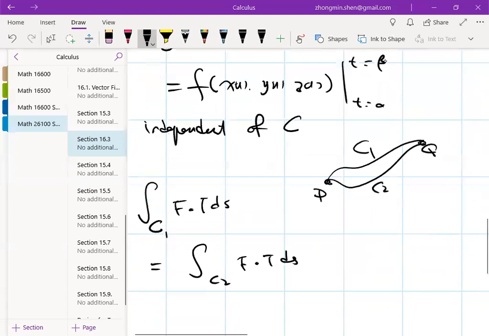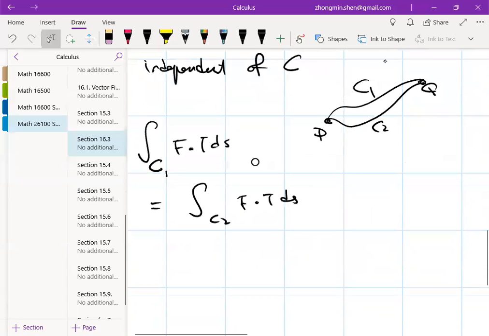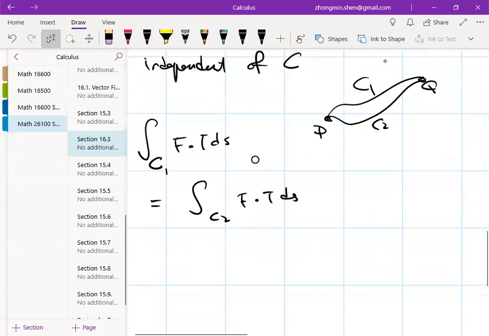Okay. Now, why is this important? Because if you know the vector field is the gradient of some function, and I ask you to find the line integral along some path, you can choose another path. You don't need to use the same path to do the computation because it's independent of the path. Okay. For example,